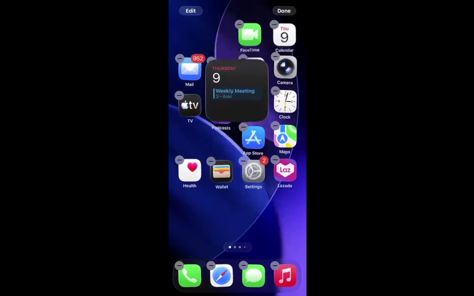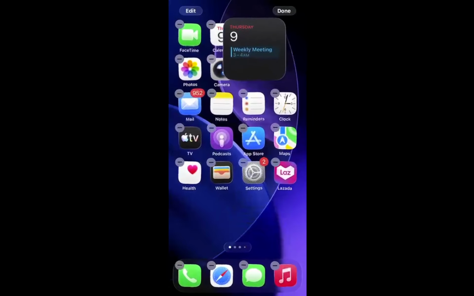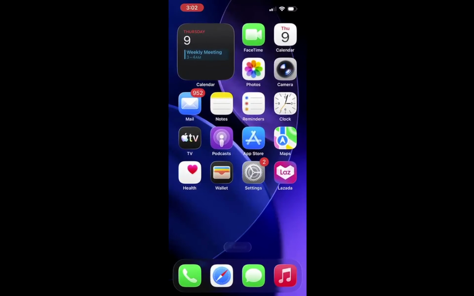Lastly, if the calendar widget doesn't appear for any reason, make sure the calendar app is installed and open it once before trying to add the widget again. This tip is vital because it ensures the widget functions properly. Sometimes the app needs to be active for the widget feature to work seamlessly. Following this advice will save you time and effort, ensuring a smooth experience as you customize your device.